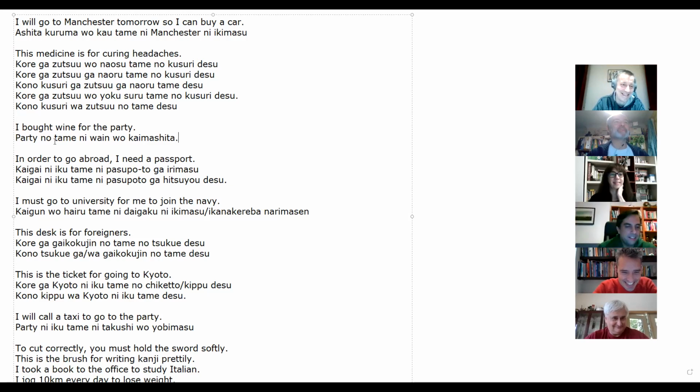パーティーのためにワインを買いました。海外に行くためにパスポートがいります。And 海外に行くためにパスポートが必要です。